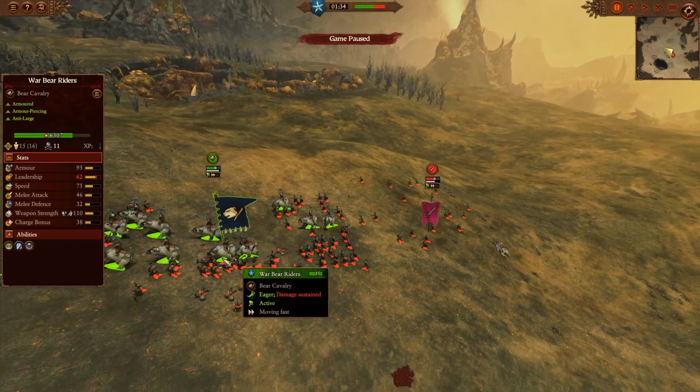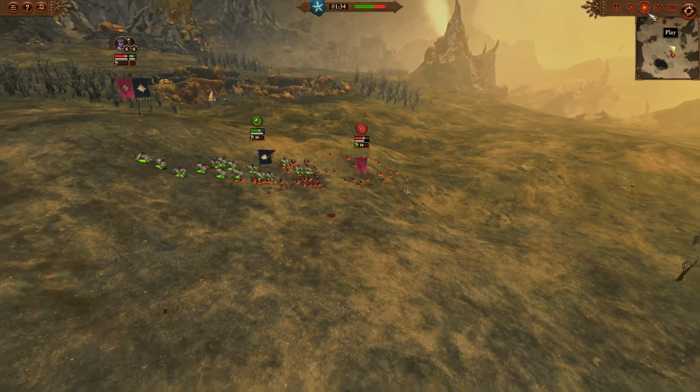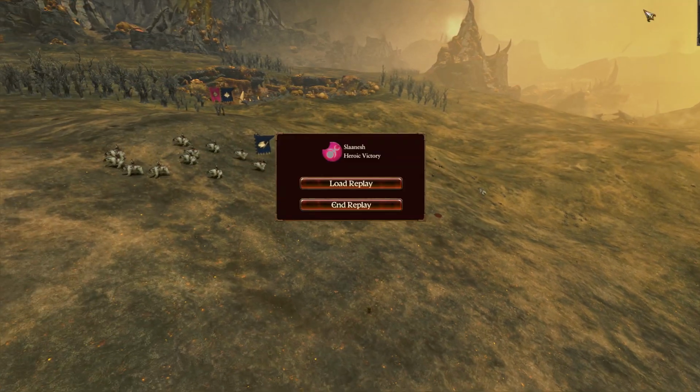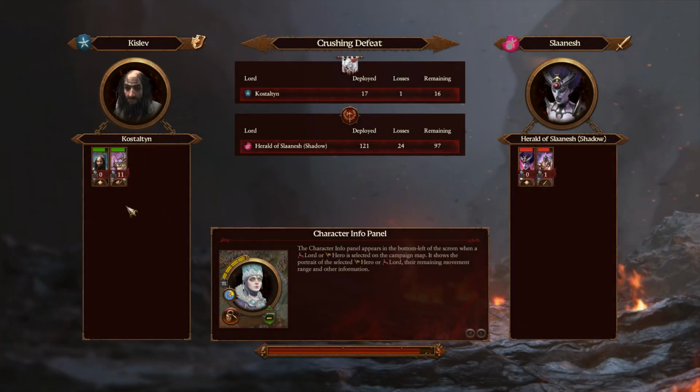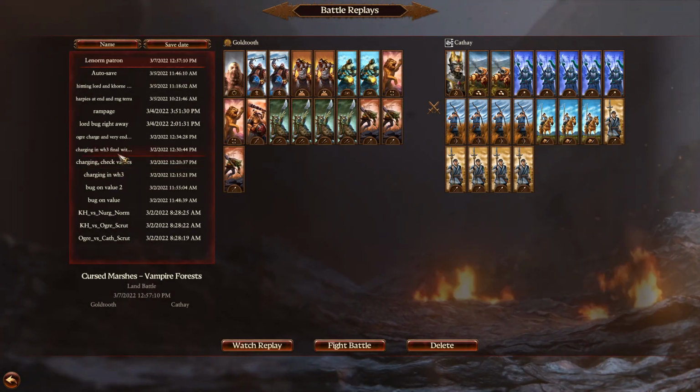So even in just traditional melee, the bears should be winning, but they're spending so much time trying to charge and failing that they're actually losing health on the trade. It's abysmal. It's terrible. It's just garbage. And why I'm so mad is because,